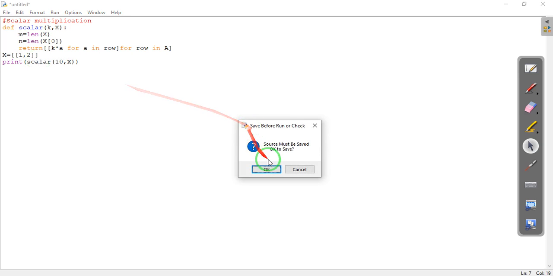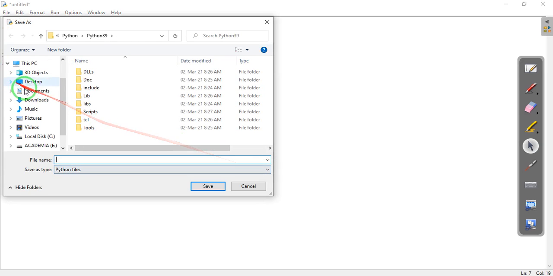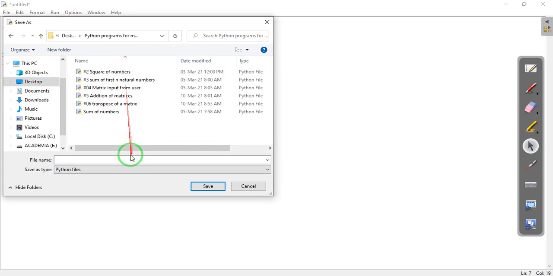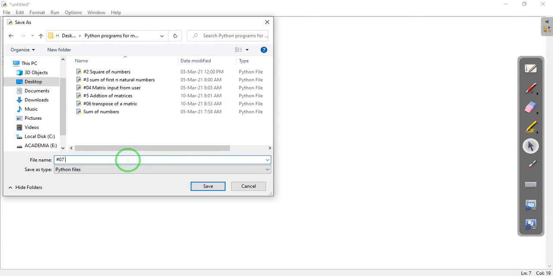Let's try to compile this. We have to save this. You know, we have created already a folder on our desktop, that is Python programming for matrix. Let's write this as 07 scalar multiplication.